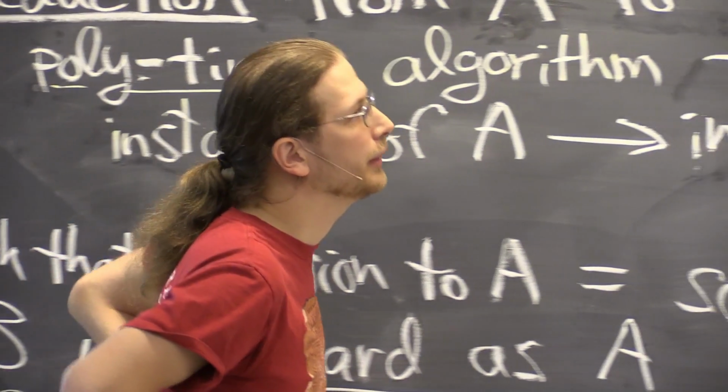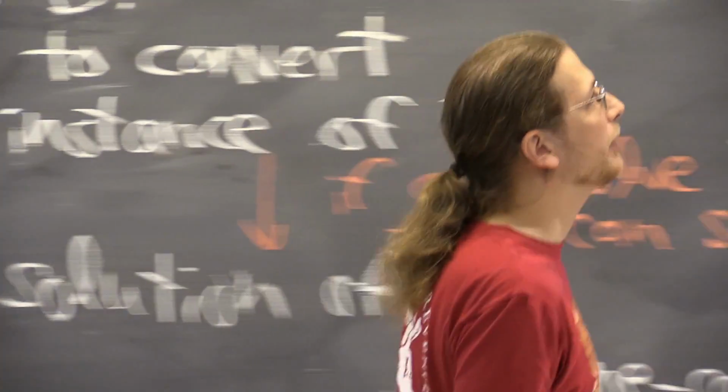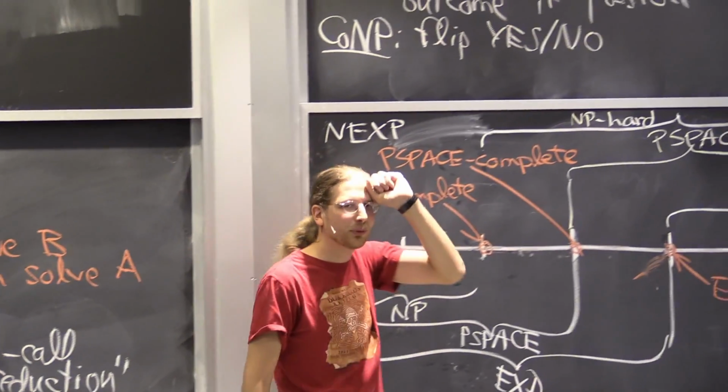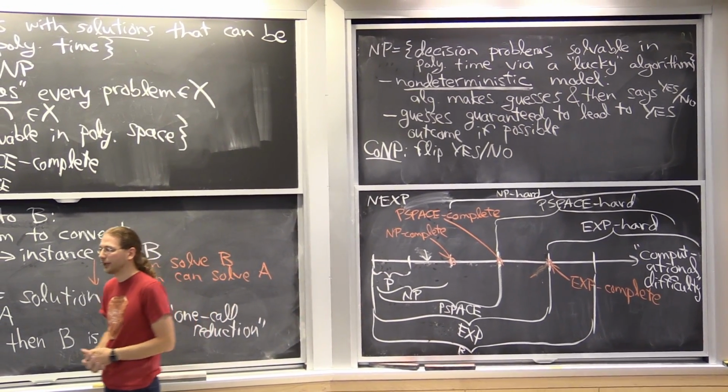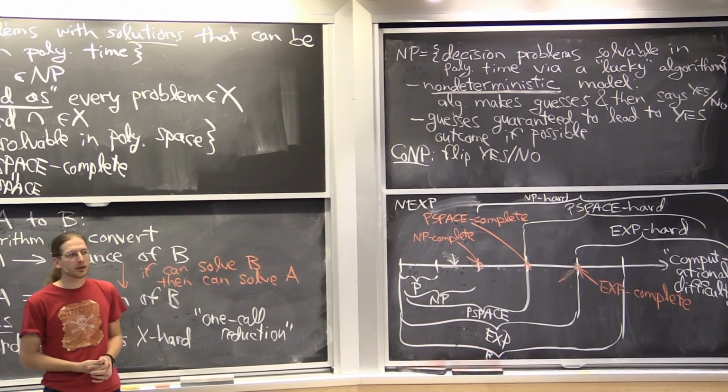Oh, okay. Yeah. I was a little vague here. For the definition of NP, I said polynomial time in the worst case. Probably I need to say it's polynomial time no matter what branch you take. Not sure it